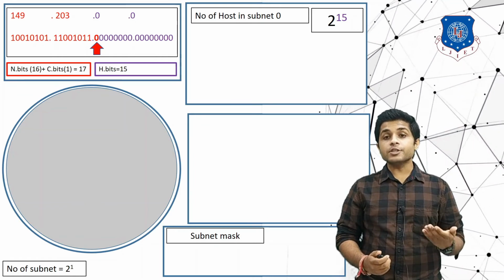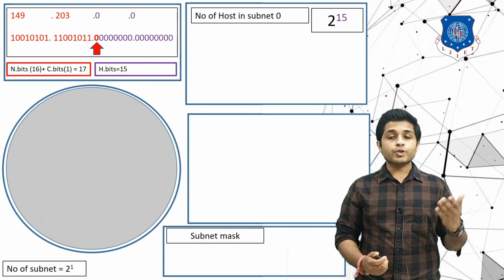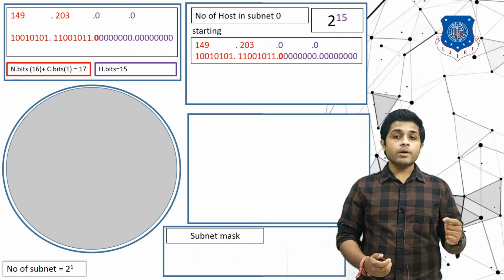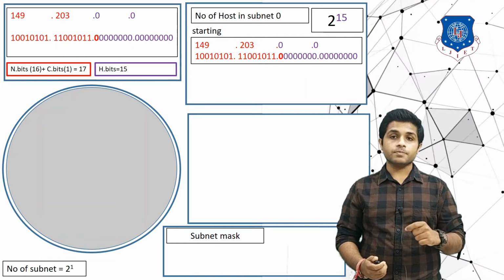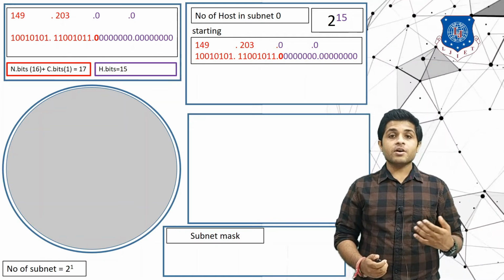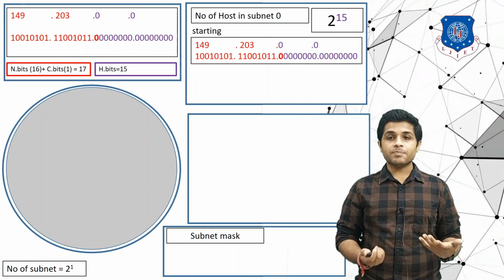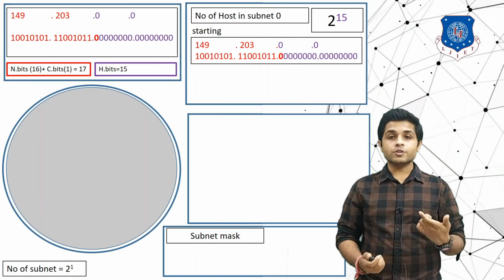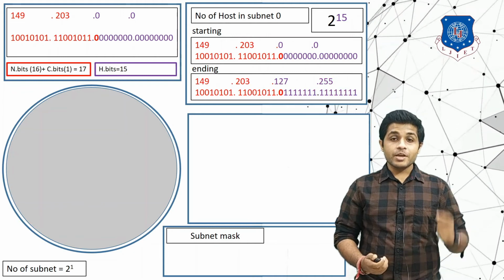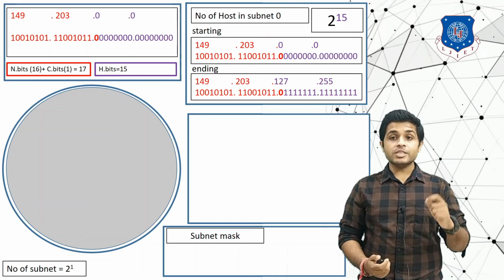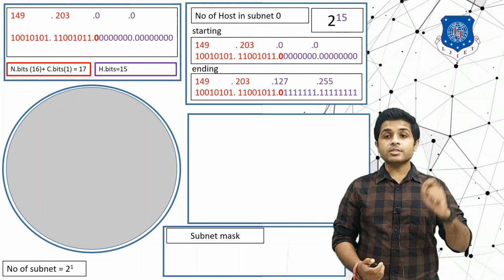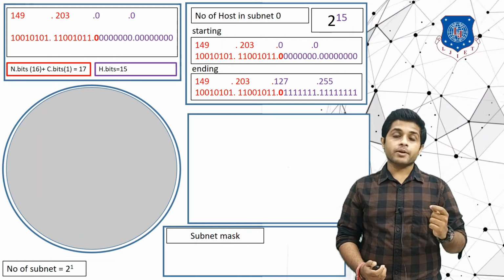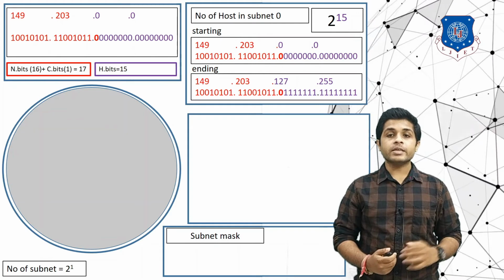Now let's find the first IP address in subnet 0. To find the first IP address, we will set all the host bits to 0 and you will get 149.203.0.0. Now let's find the last IP address of subnet 0. To find it, we will set all the host bits to 1. If you notice, the value of the converted bit is not changed. So in a particular subnet, the value of the converted bits will remain constant throughout the subnet. So the last address we are getting is